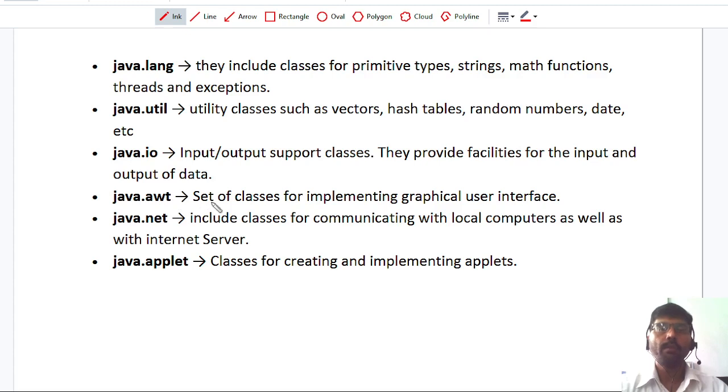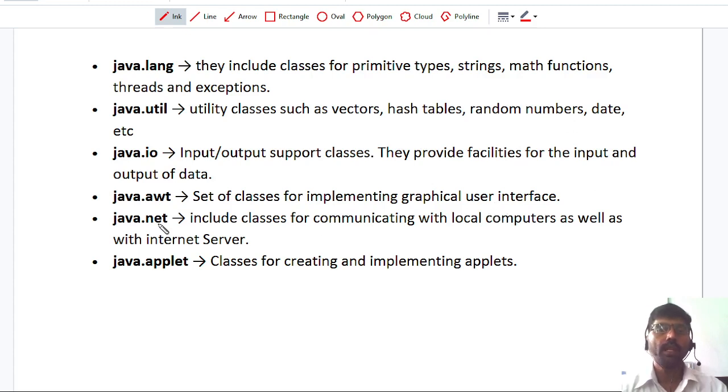If I want to create some graphical user interface, some window, and in that window I need buttons, text boxes, labels, as well as combo boxes, also called drop down boxes, radio buttons, and menus, then I want to use a package called AWT, which contains many classes for creating your graphical user interfaces.